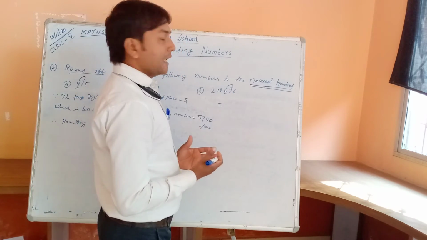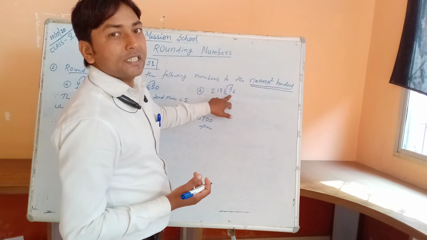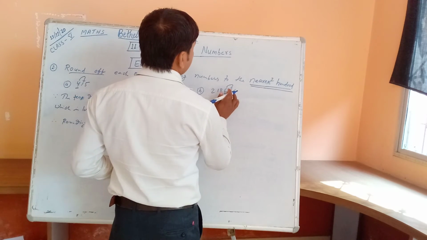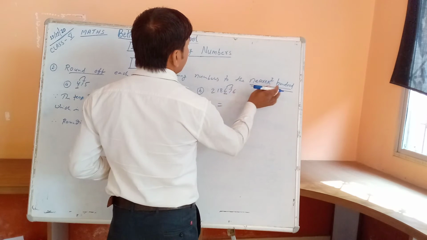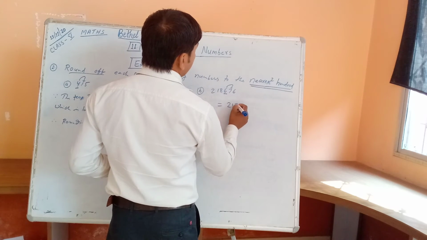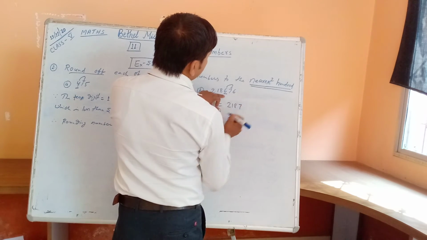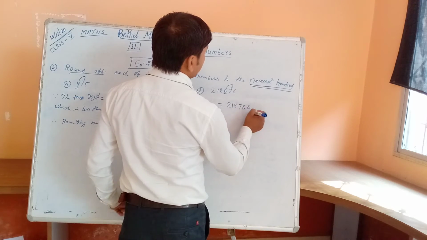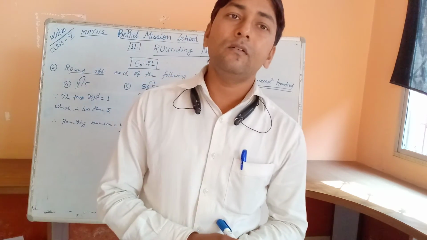Okay, here also this is more than 5. Just the same, you can write that since the tens place is 7, which is more than 5, we add 1 in the 100 place. 2 1 8, it is the same here, add plus 1, 6 plus 1 is 7, and the rest becomes 00. Okay, very simple. You can do it now.